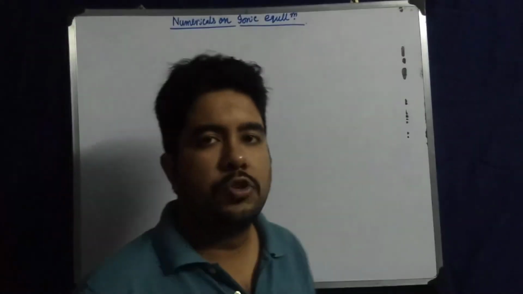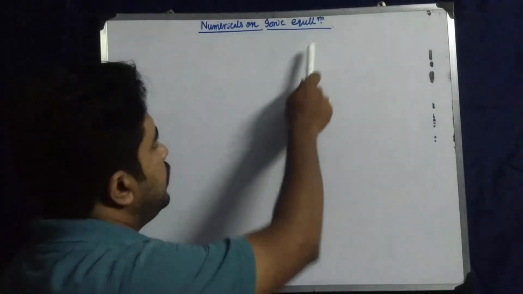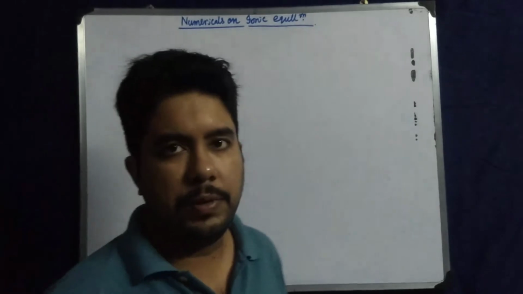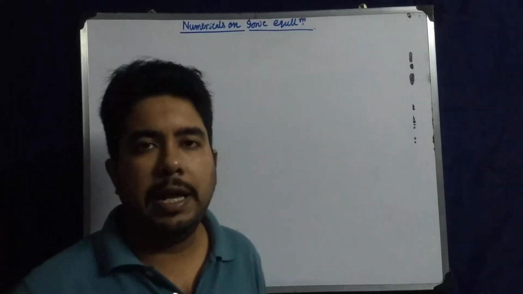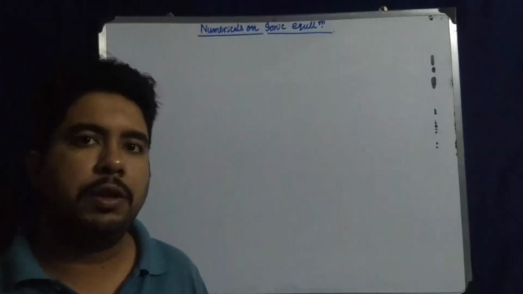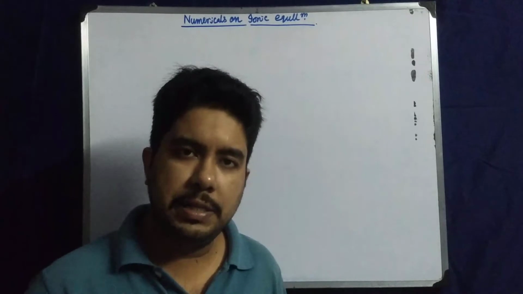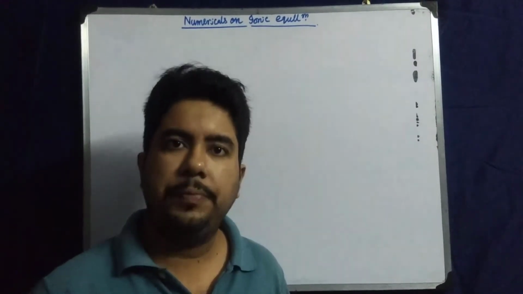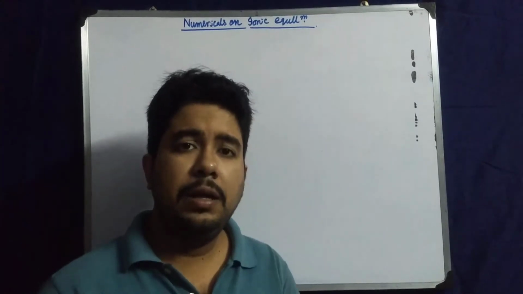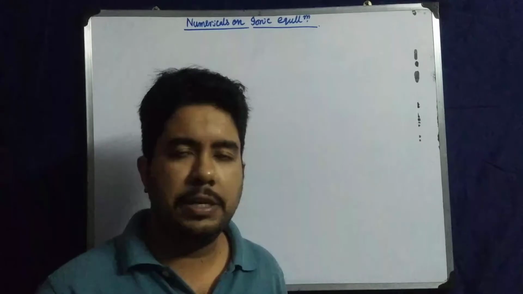Okay, so you know that today's topic is solving numerical problems in ionic equilibrium. So numericals on ionic equilibrium, that one we will solve today. And as you know, in this chapter on ionic equilibrium we have learned about several things: first of all pH, then pOH, then the ionic product of water, then the hydrolysis of different salts, buffer solutions, several things we have learned.